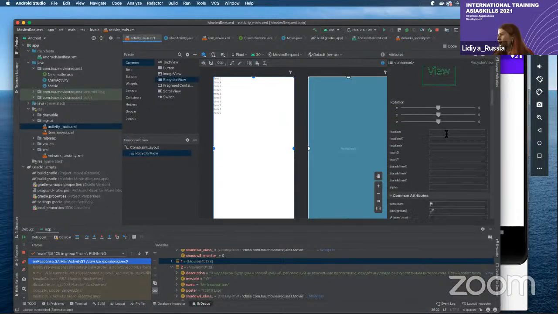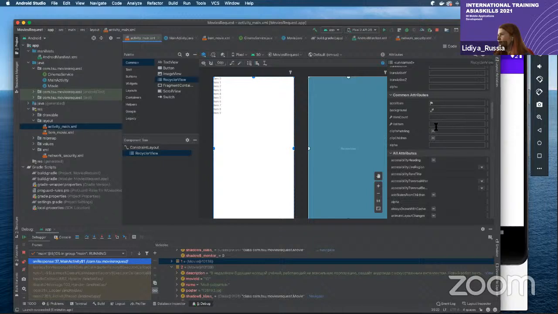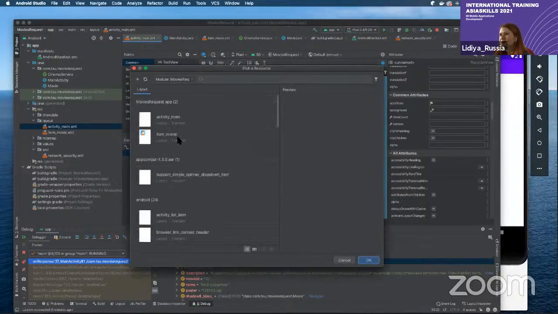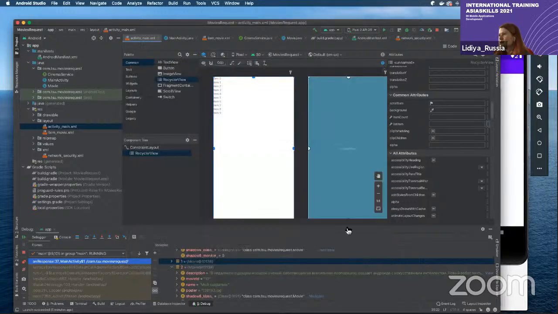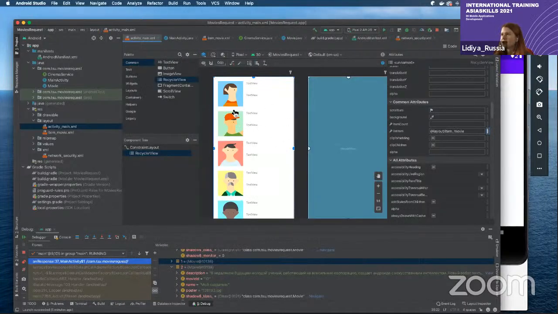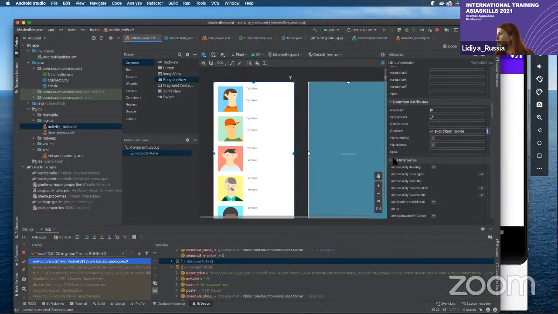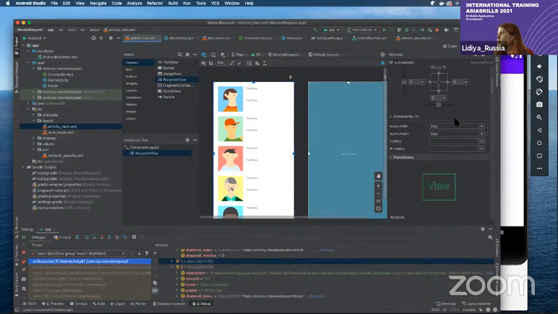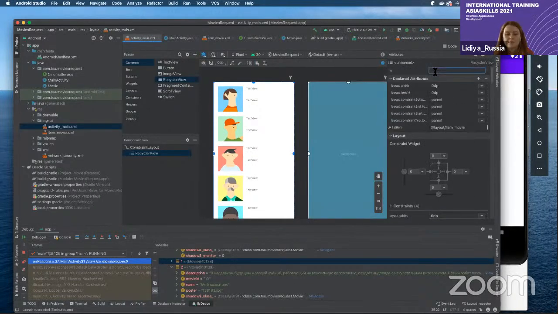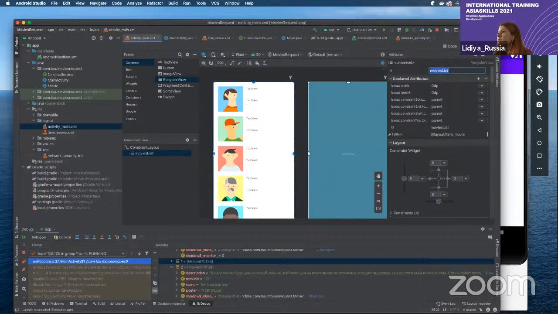Here I can set the list item to see what I will have. It's just a layout, and I think it's good. And now I want to add the identifier, movies list, for example, and